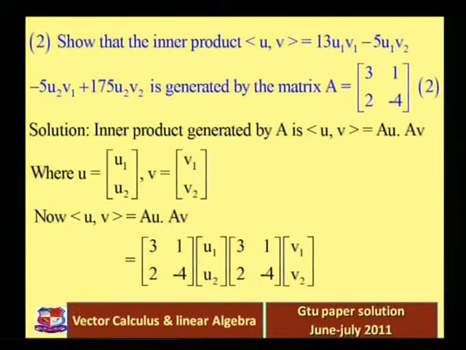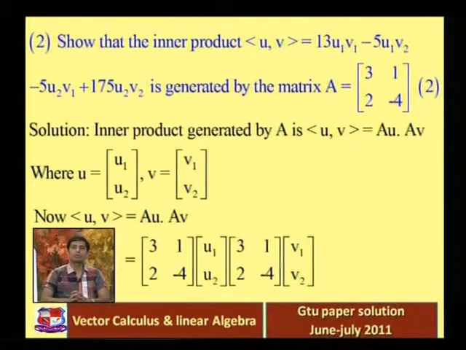So the inner product generated by A is inner product uv equal to A into u dot A into v, where u and v are column vectors, u1 u2 and v1 v2. Okay, we already answered that. We want to prove that the given inner product is generated by the given matrix A. So we use this property: inner product uv is equal to A into u dot A into v,